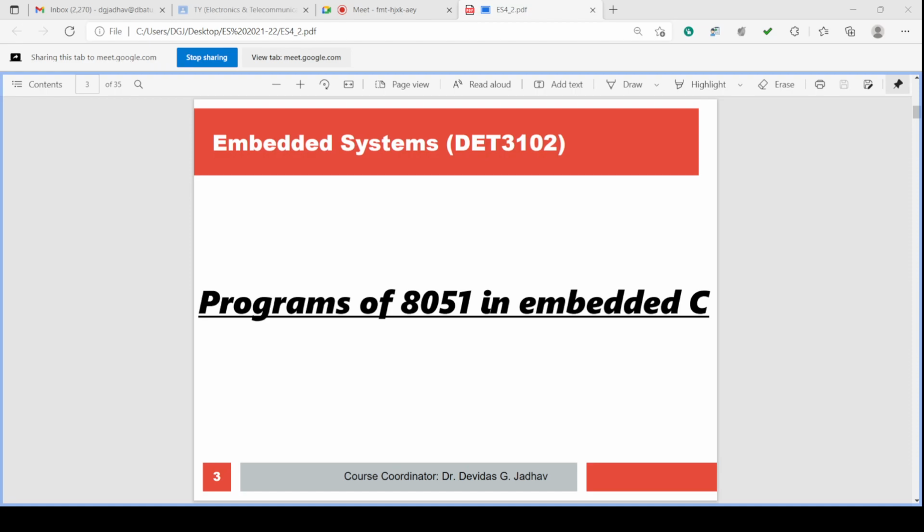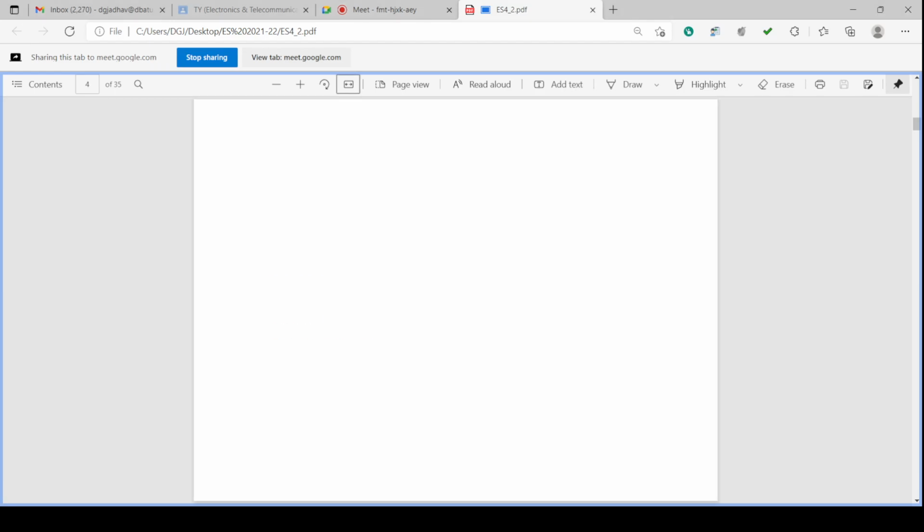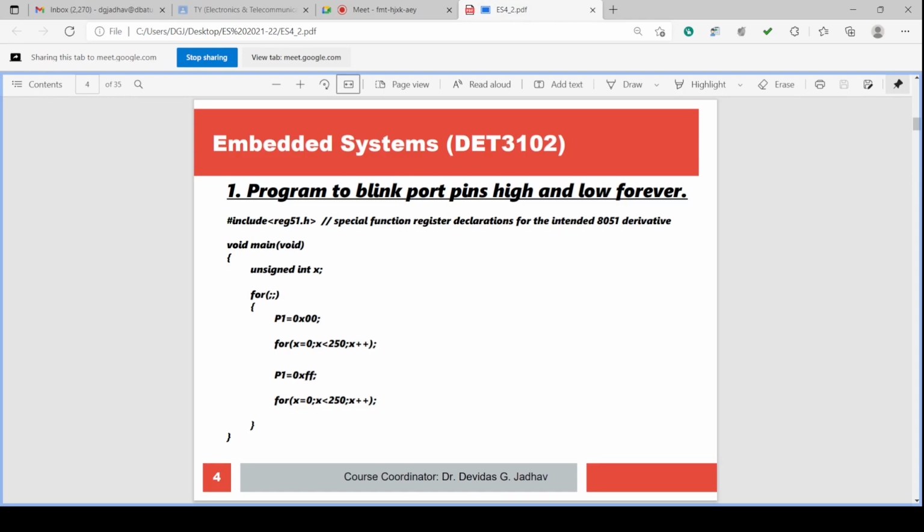How to program it, how the project is to be initiated, how to write the program, examples of the programs, which files are to be included, all these details we will check. And here we can see such types of programs.